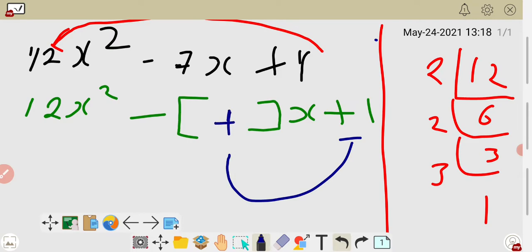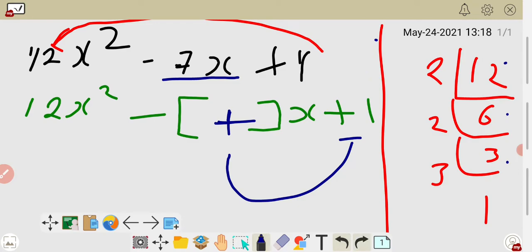Okay, now once again I am telling in detail, I am explaining here, although you have to study this in class 8 also. First you multiply the first and the last number, that is 12, then find the factors on this side as I am doing here. Okay, after finding the factors, write the next step, but you don't write the middle term because the method is known as middle term splitting. It means you have to split the middle term into two parts. So 7 is there, write x as it is, so you have to split 7x. Okay, now what is the next step? Whatever sign comes last, that sign you have to write in the bracket.